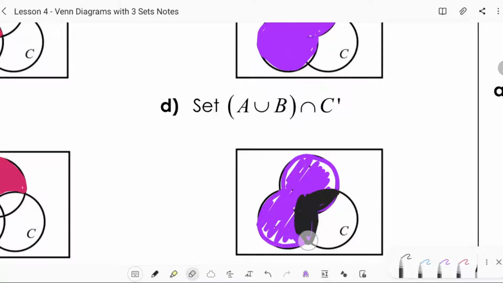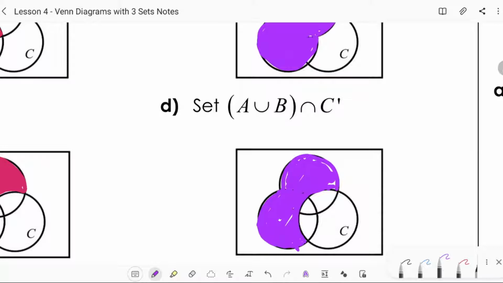What I'm going to do, I'm going to go in, try my best to erase that nicely. And this is what I'm left with, right? So if you need to start with an area, start with a piece and then take away once you realize that you no longer have parts that are allowed to be part of your set, you can definitely do that, right? But this is A or B, but not